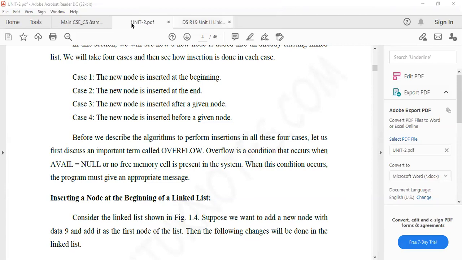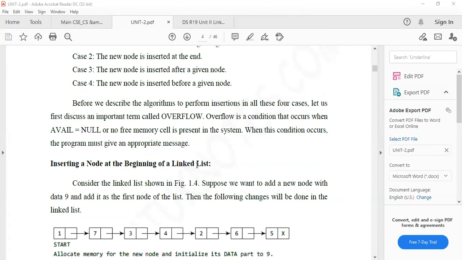Malloc, calloc, free. These are not the memory reference operators in C language. Some people may call it malloc, or whatever it is, same. Malloc, realloc, calloc. By using the malloc function, we can allot the memory for these nodes. So in programming, it will come. That is why I'm telling here. If there is no memory, it is not possible, so you need to check that condition before every insertion of a new node.